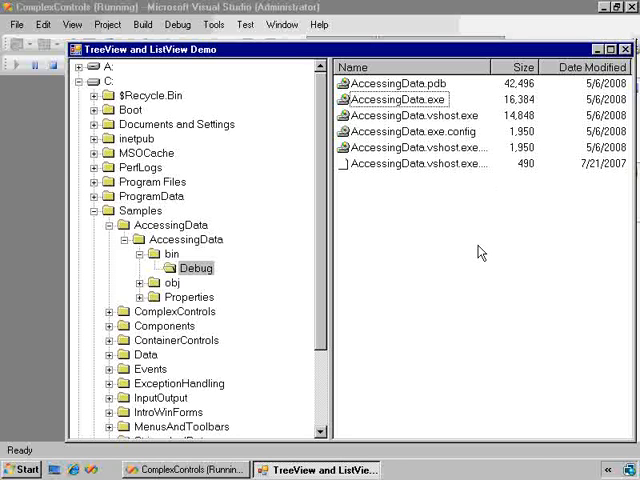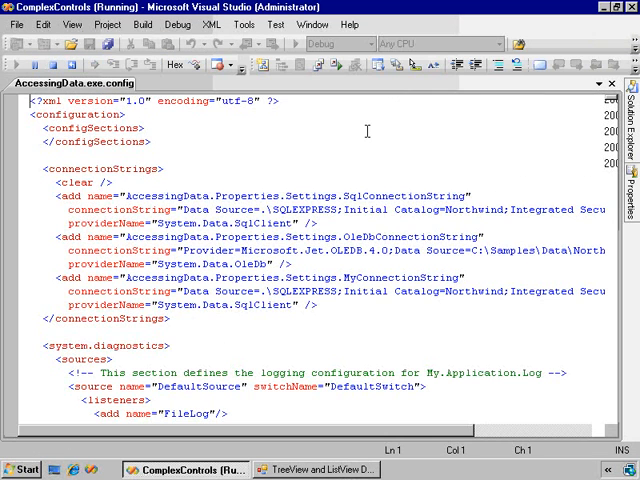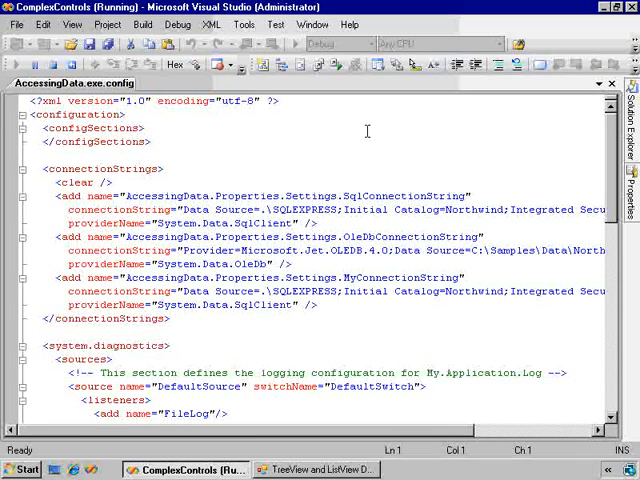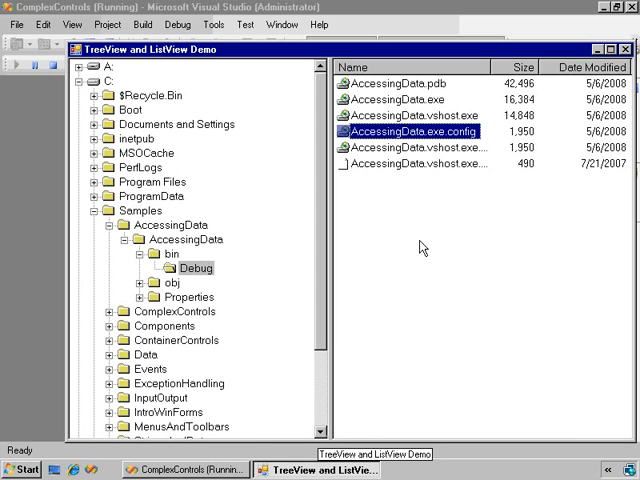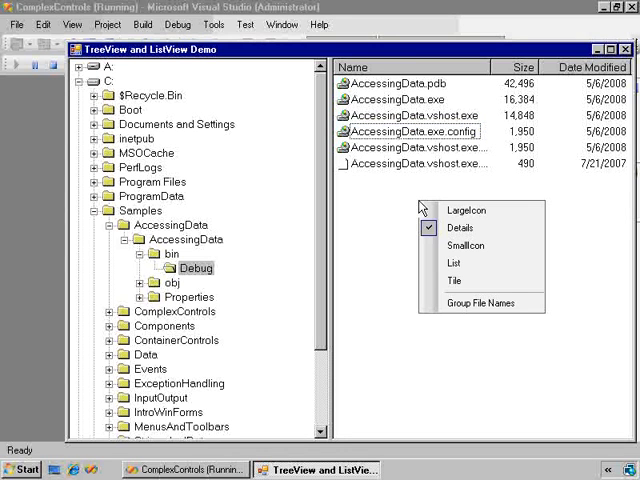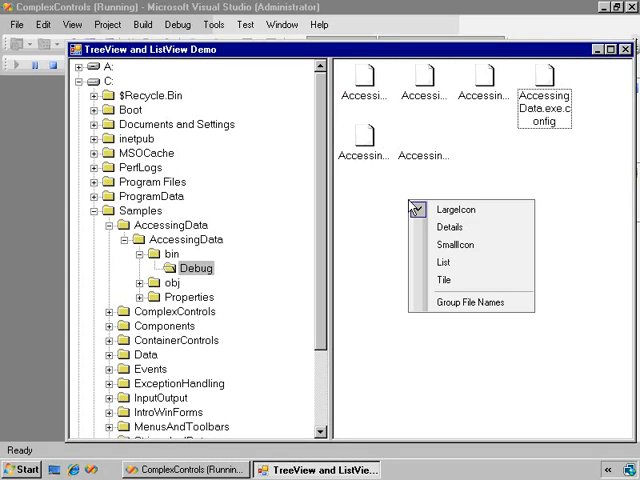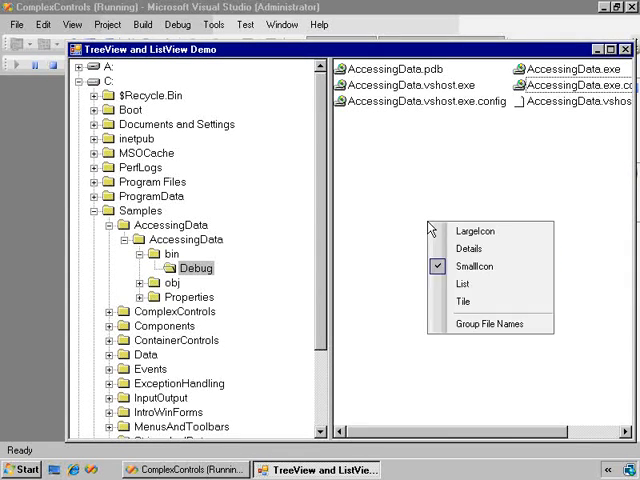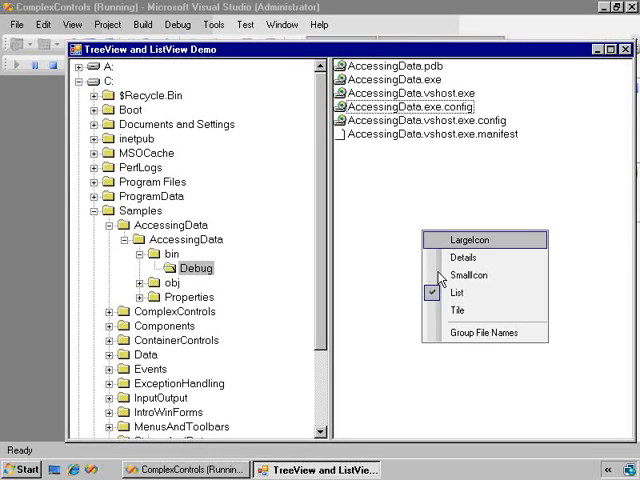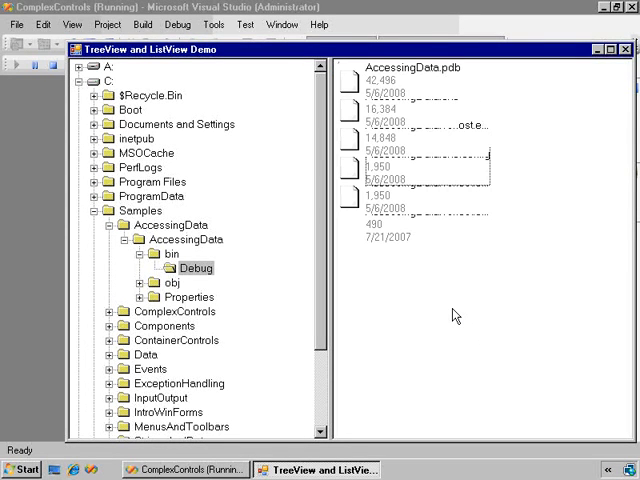If I double-click a file here, it should attempt to execute that file. And in this case, it loaded the file up in Visual Studio. Let's go back to our example here. And we should also be able to right-click on the list view and change its display. Here's large icon view, details view, small icon view, list view, and tile view, which is not terribly attractive because